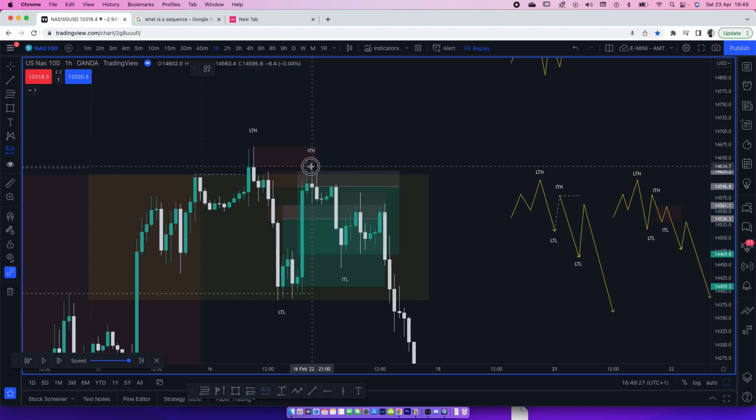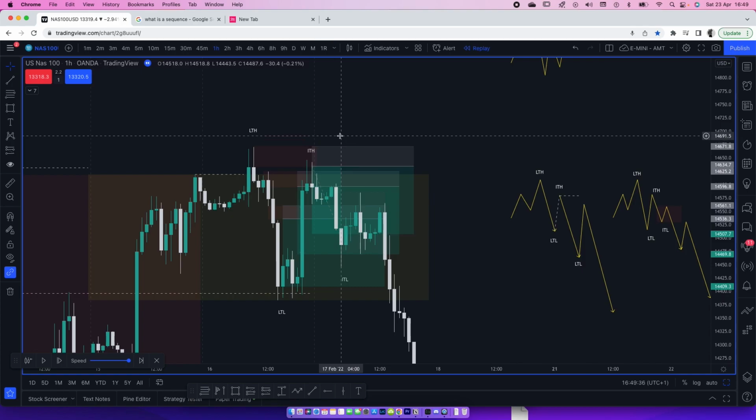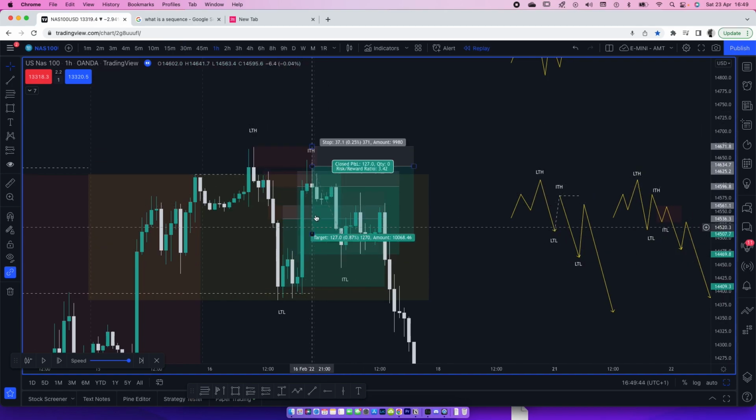Three, worst case scenario, the market comes all the way up here and we continue. I swear, if I lose all three of them, I'm out. I'm only allowed five trades in a day anyway. If I lose all of them, my fourth trade will be to look behind at points where the market may come back to take the reverse trade. That would be my four trades of the day.